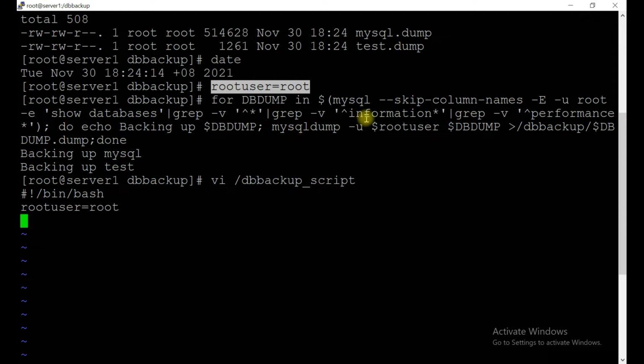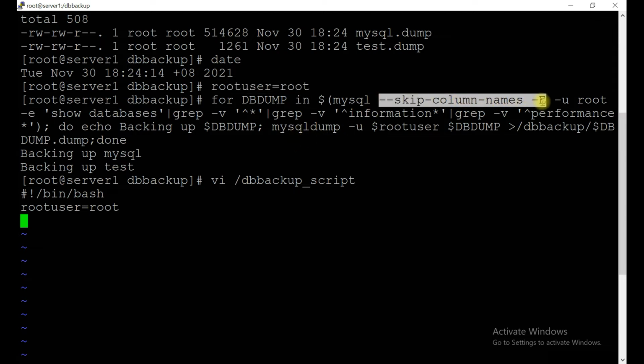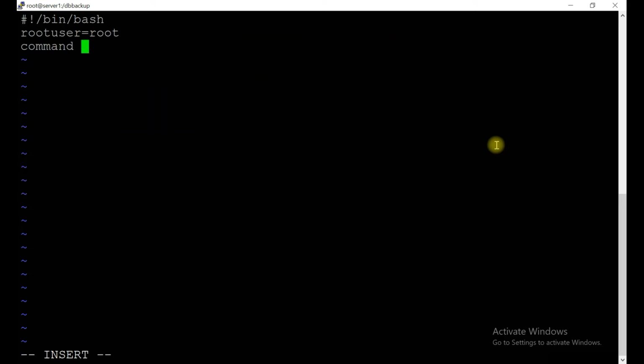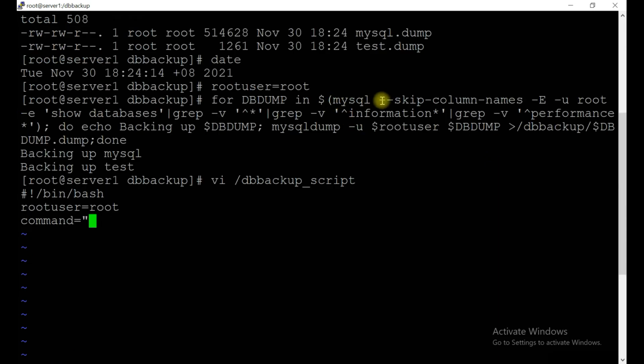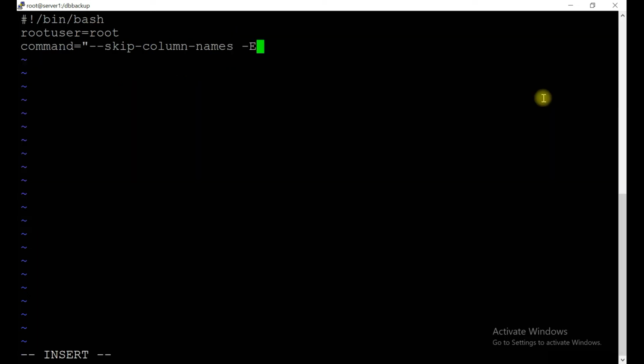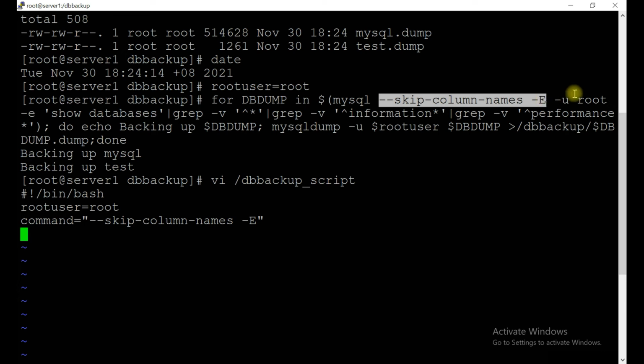Okay, we can do one thing, these parameters also we can define. Let's say command equal to, take this complete parameter, and close it. Now root done, show databases. Okay, this also we can mention in your script if you want.